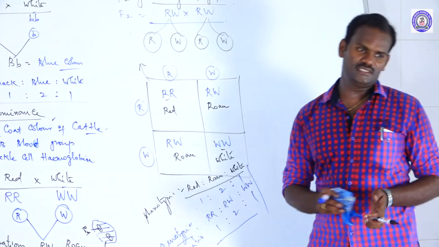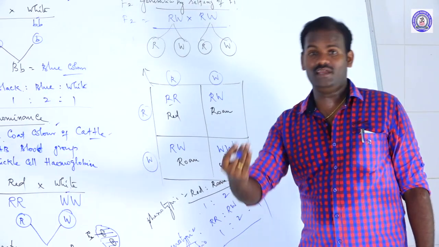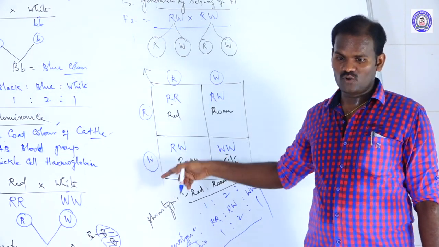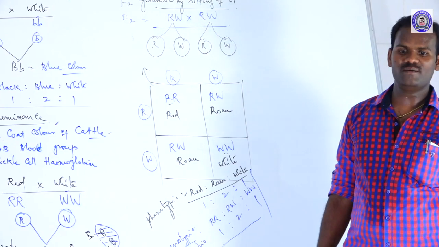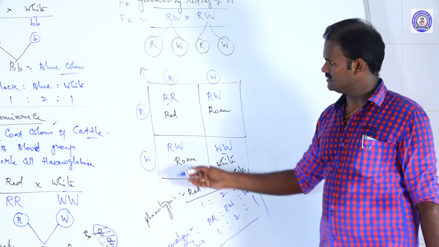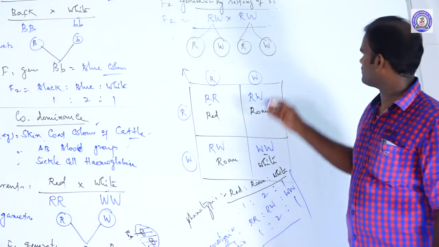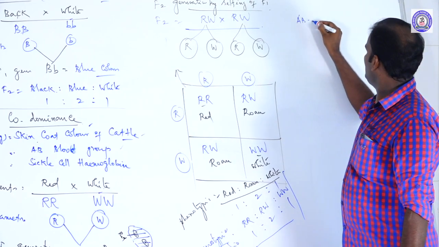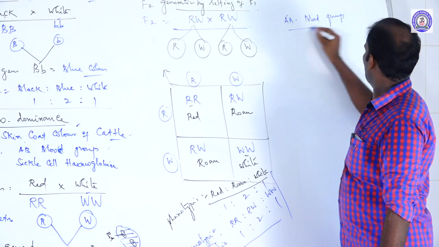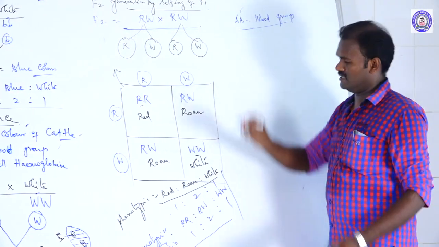There is a new question. See, in which of the following crosses are both the phenotypic and genotypic ratios the same? Both incomplete dominance and also codominance. The first one is incomplete dominance, the second one is AB blood group. We are going to discuss AB blood group in detail in the next topic, multiple alleles. Simply listen.